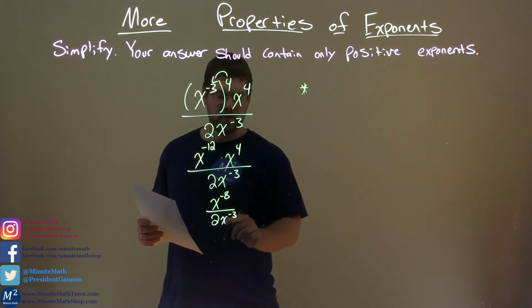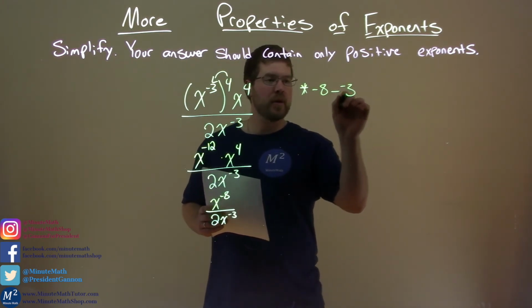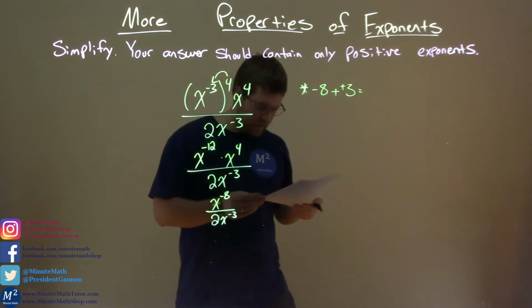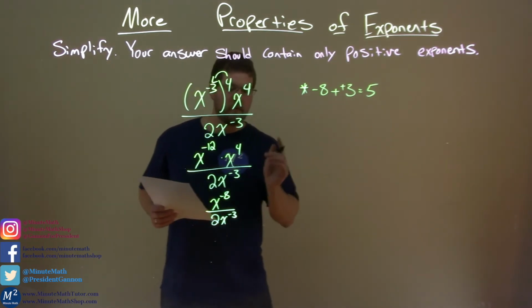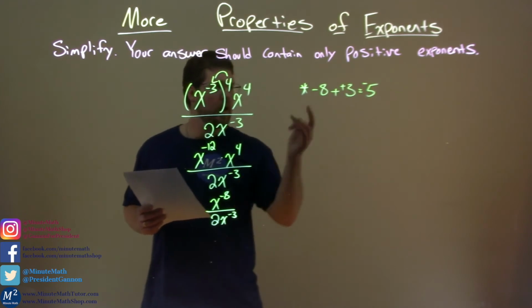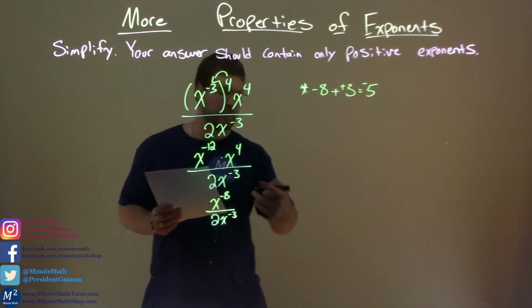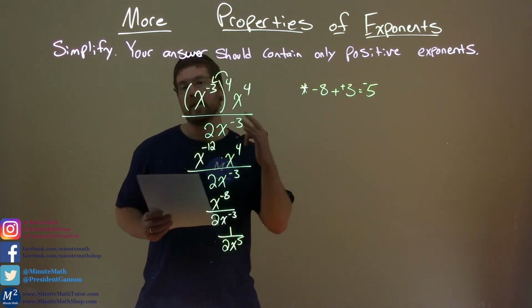Same base, x is here. Look at the exponents, negative 8, minus 3. So if you take negative 8 minus a negative 3, because we subtract over division, that's like plus a positive, which comes out to be 5. Okay? So with a 5 there, though, or negative 5, excuse me, negative 5. And so what that does is bring that in, it's a negative in the numerator, positive then in the denominator. So we have 1 up in the numerator, and we have 2x to the positive 5th power in the denominator,